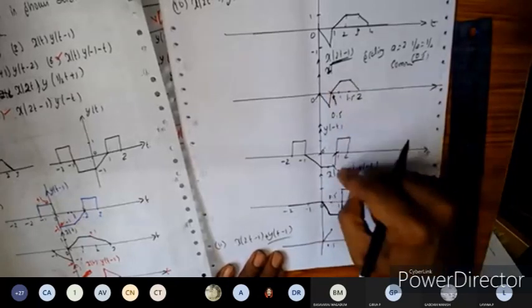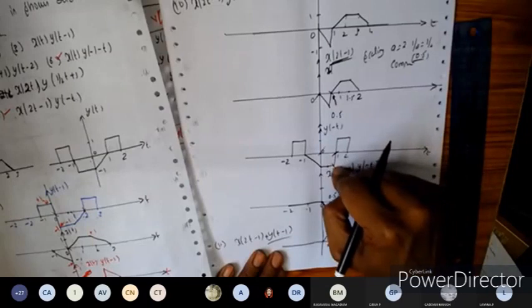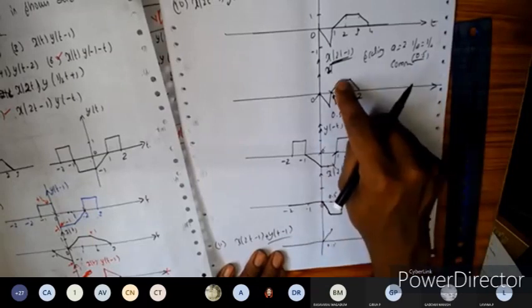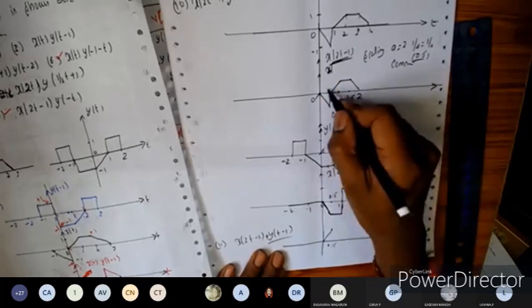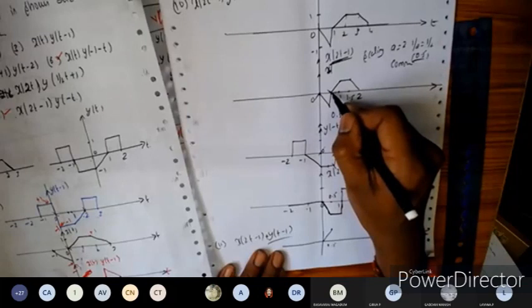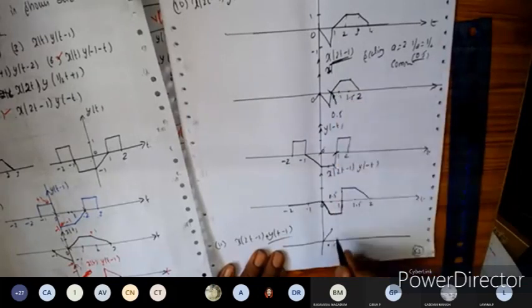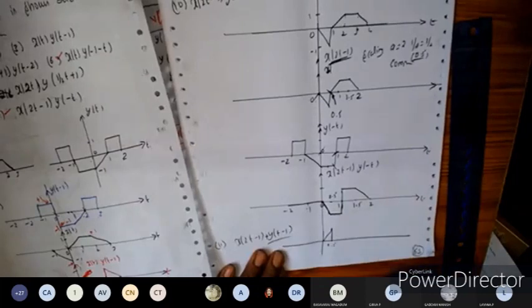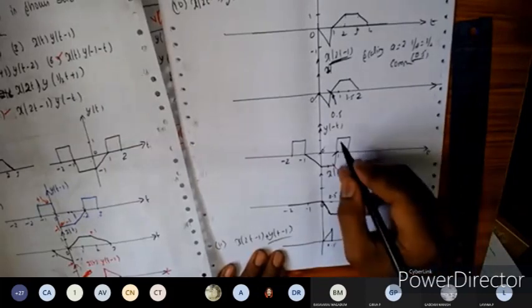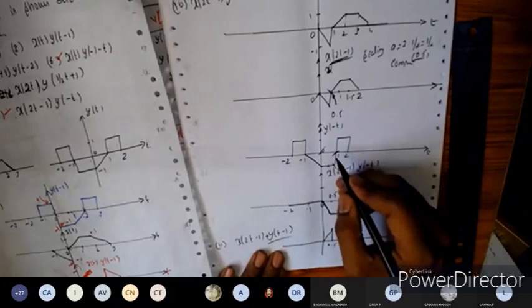Okay, next at t less than 1, it is minus 1. So at t less than 1, it is plus 1 here. Sorry, we'll take t exactly equal to 0.5 here. At t exactly equal to 0.5, it is 0. So 0 multiplied by minus 1 will become 0 here. So we missed this quantity, we missed this thing here. You should be careful while taking the product here. Very good. Okay, so next at t is equal to,